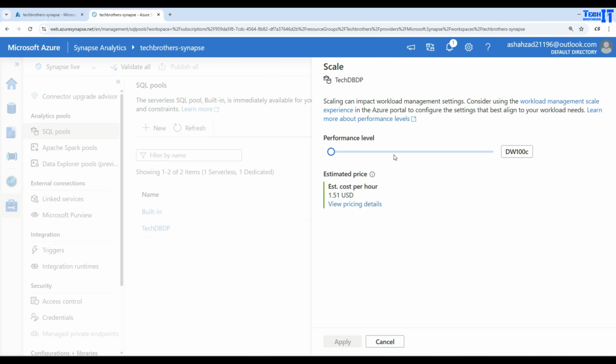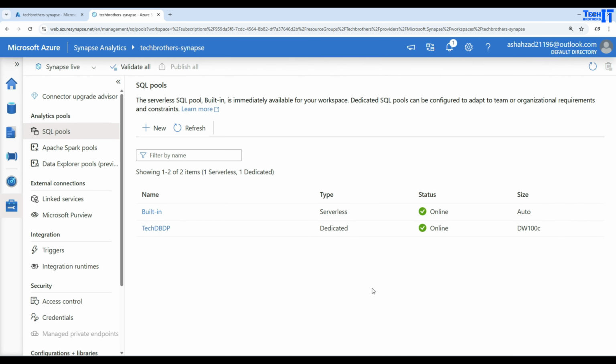Sometimes maybe you want to decrease it, so you are already on a higher level and you want to come back, that is doable as well. And if you want to assign a tag, you can do that, and you can also delete. In this case, now if we go to the data tab here, once you click on the data tab,